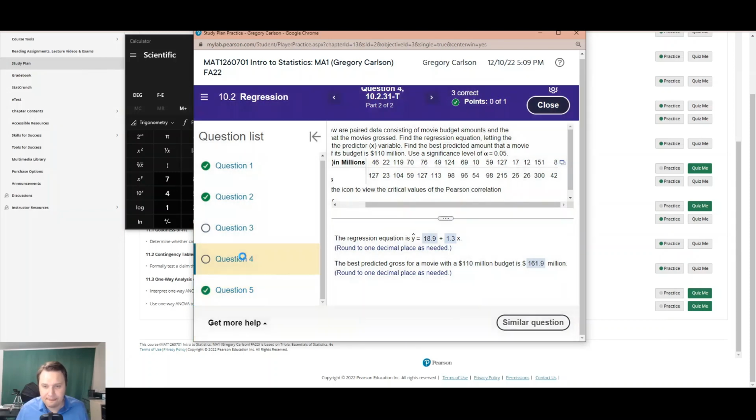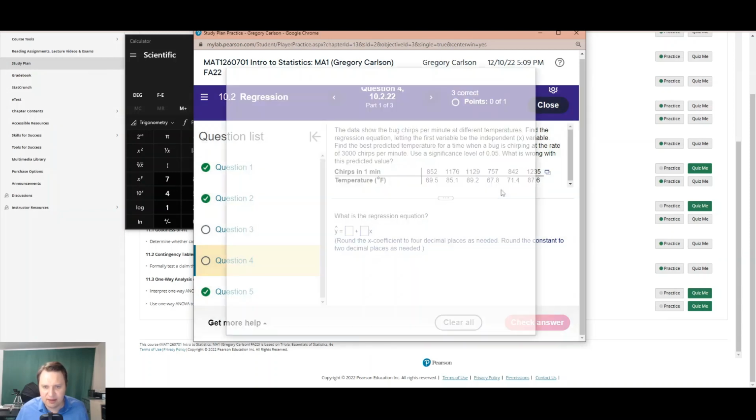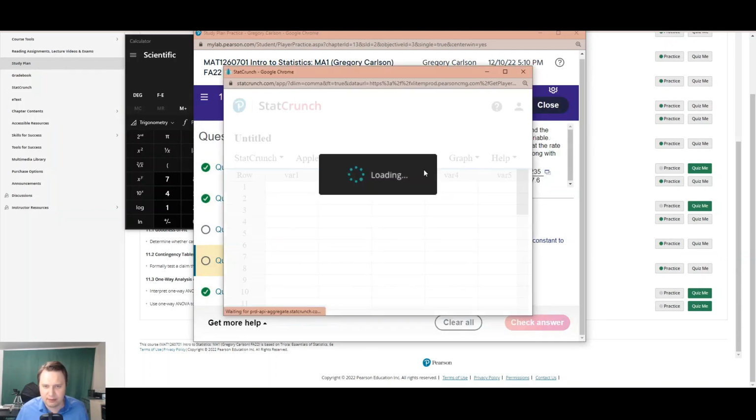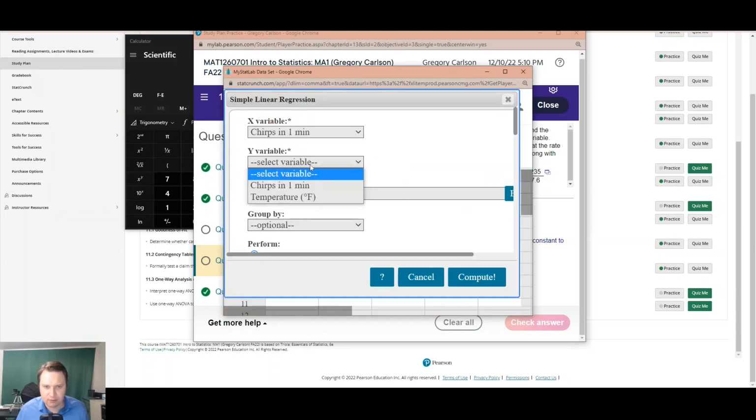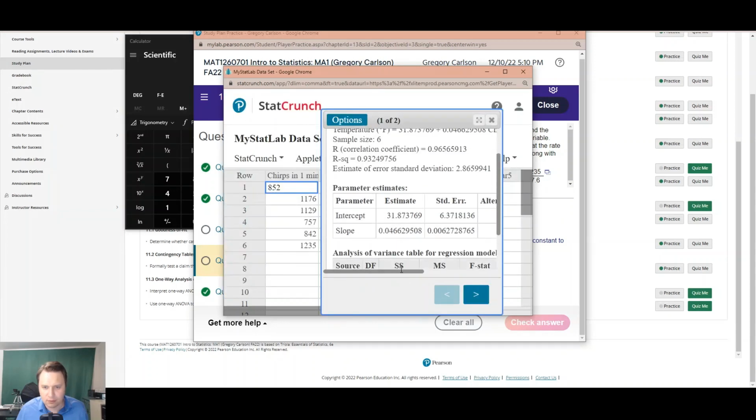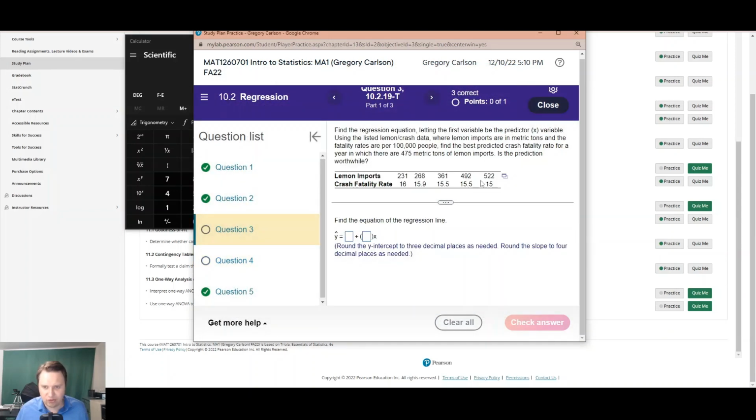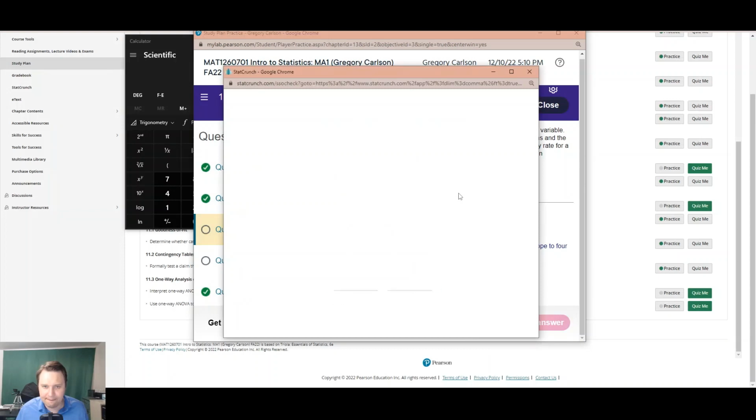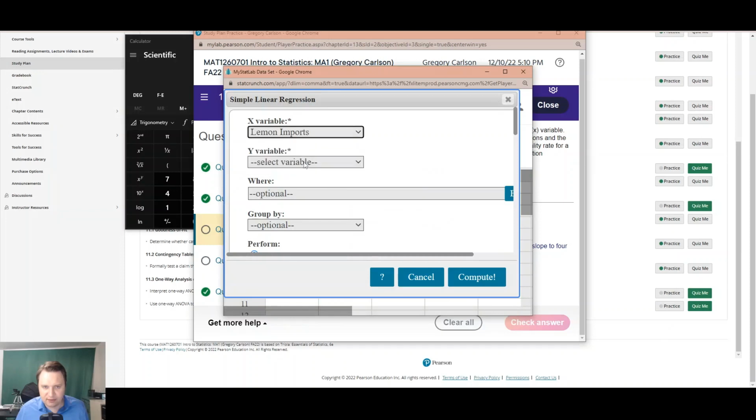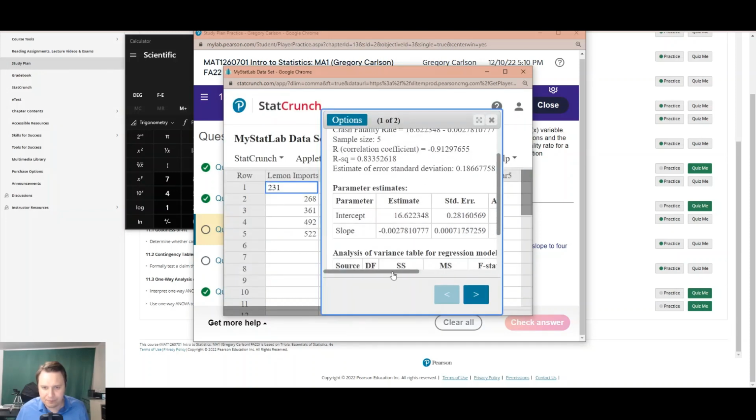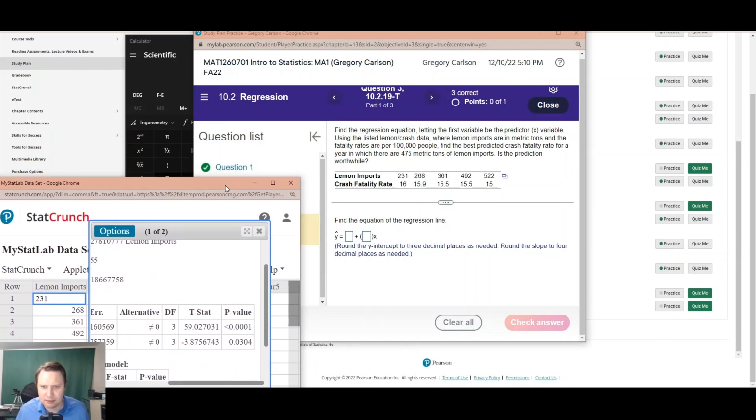So I don't think any of these problems have an alpha greater than 0.5. If they did, I think the answer would just be the intercept. Let's just check these last few to see if that ever happens. Nope, that's a small alpha. Let's check question 3. Stats, regression, simple linear, x, y. That is a 0.03 for a p-value, but that's still less than